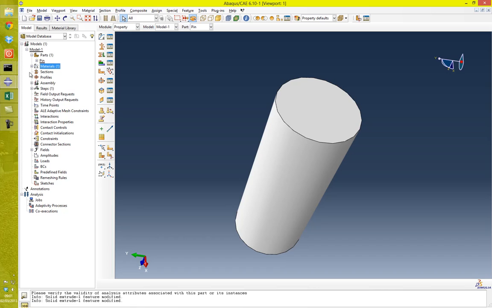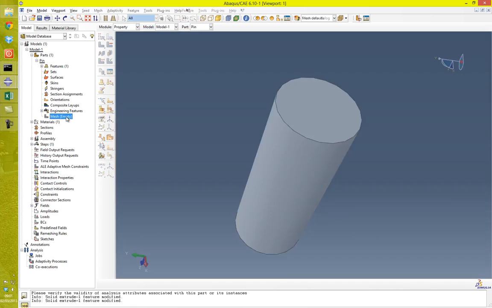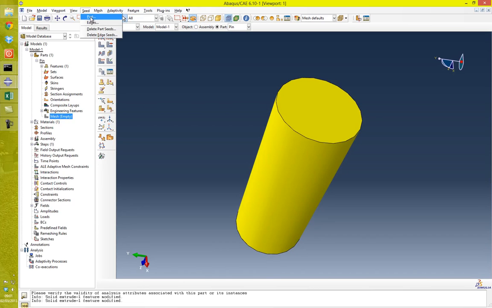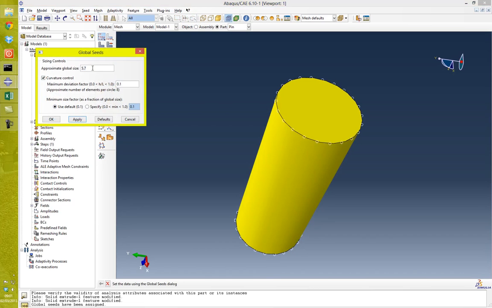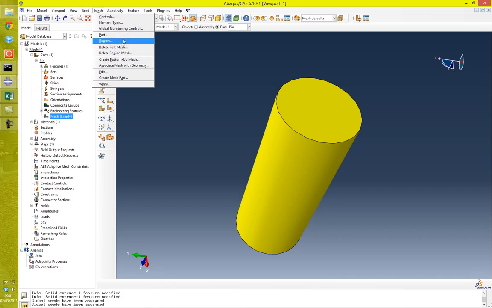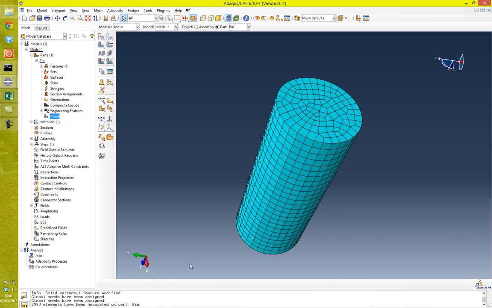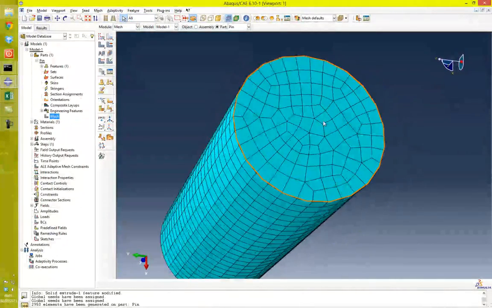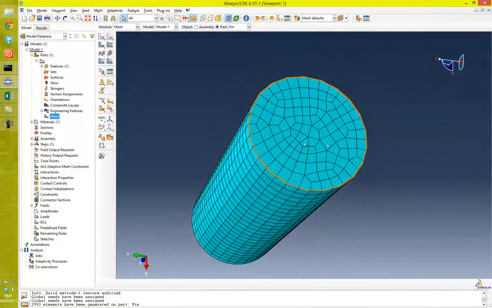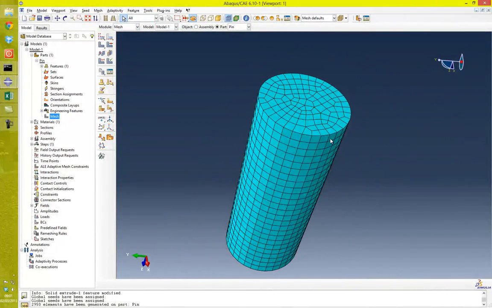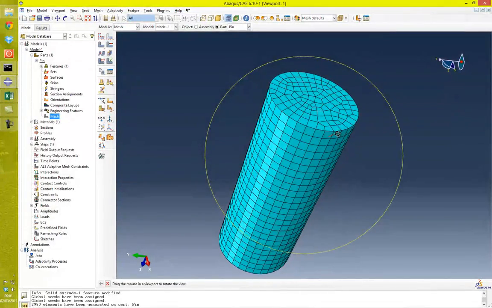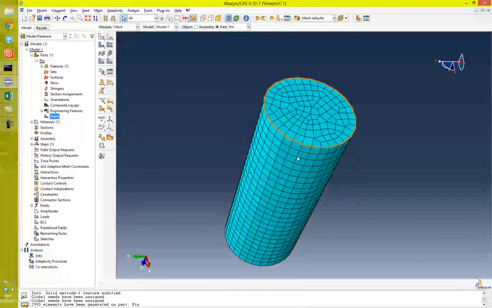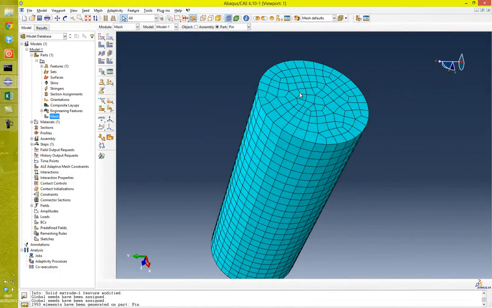Now first I'll just create a mesh on this surface. Seed part. Okay, so we'll see if we mesh this object as it is, then we don't get a very uniform mesh, particularly around the center of the object, and a non-uniform mesh can create stress concentrations in areas where they don't exist in real life. So the aim of what we're doing today is just to create a uniform mesh across the entire object. So we'll just go back into the part mode,